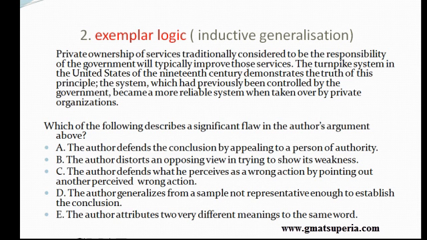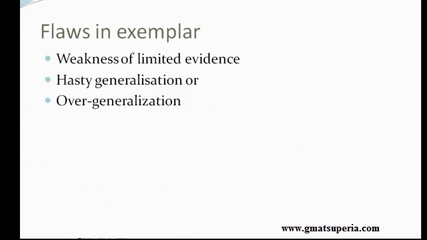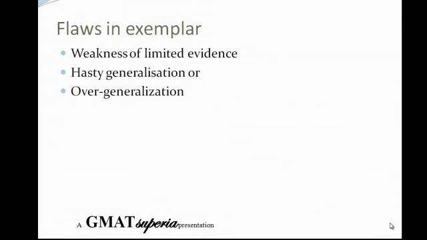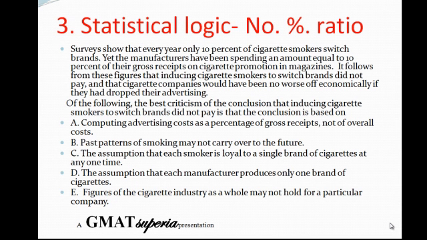Is the author attributing two different meanings to the same word? Is that the flaw in the line of reasoning? No. So exemplar logic comprises examples, therefore a conclusion. What are the flaws that you expect in exemplar logic? You will see that the evidence is very limited. He has arrived at a hasty generalization, or we can call it overgeneralization. Just watch these vocabulary words. They're very important in eliminating options when it comes to a flaw in the reasoning question. In addition to analogy and example,